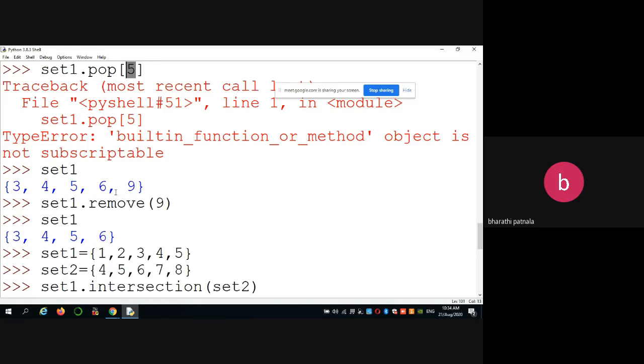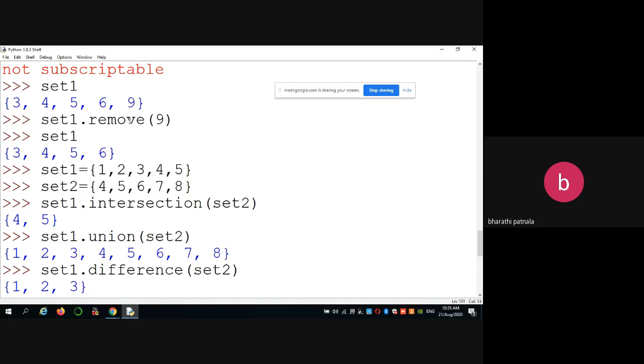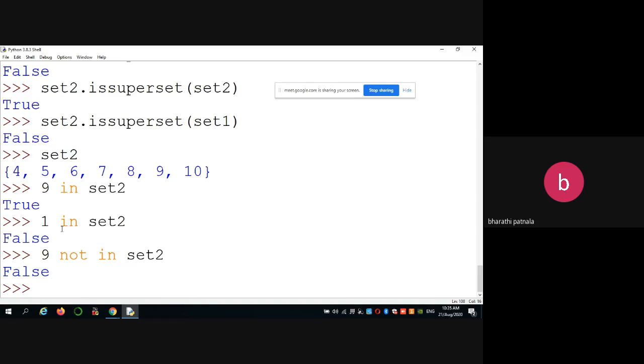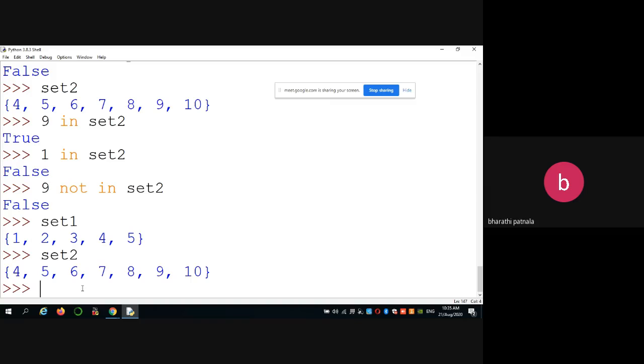Next, for deletion of content, you have two different functions. One is pop and another one is remove. Pop does not have any argument, and the remove function takes an element. You have to pass some element. Okay, which element do you want to remove? Automatically that element is removed from that particular set. Okay, inside we have functions intersection, union. Sorry, I have one more function which is symmetric difference. So set 1, set 2.